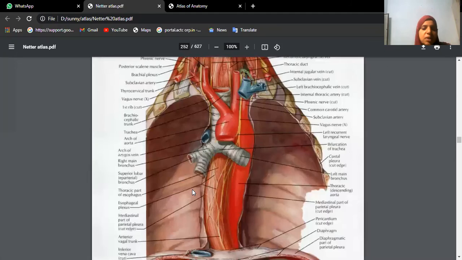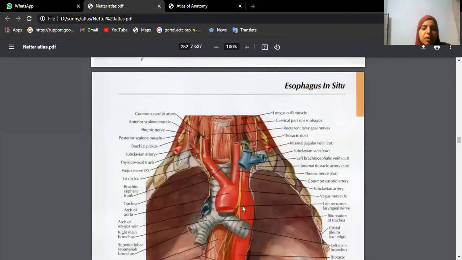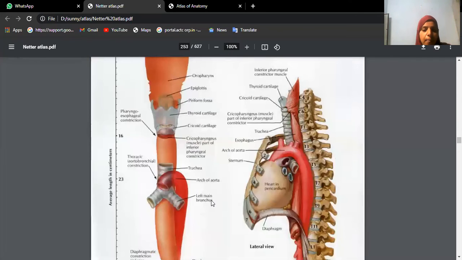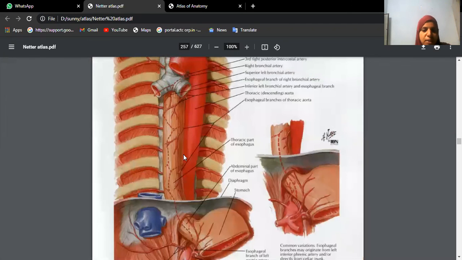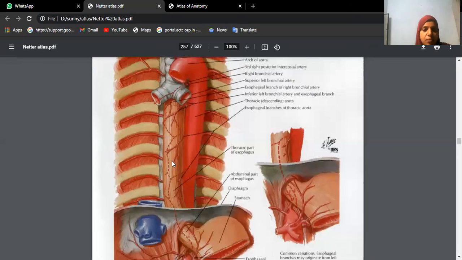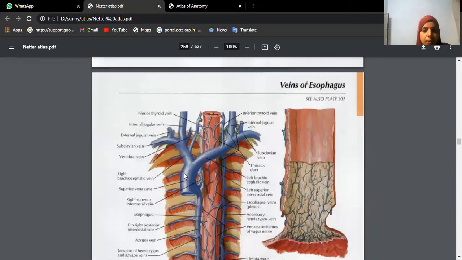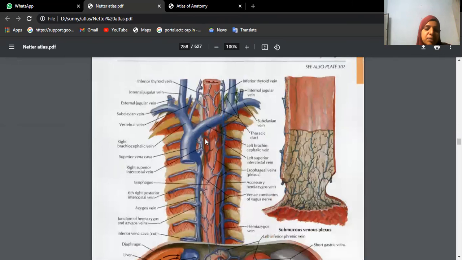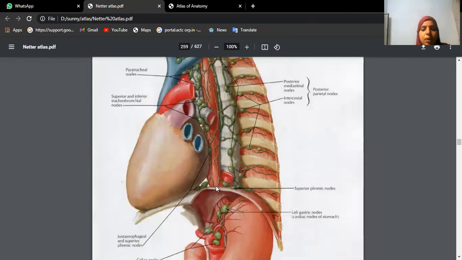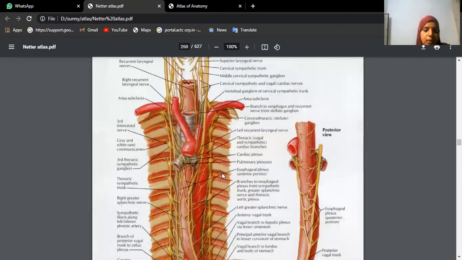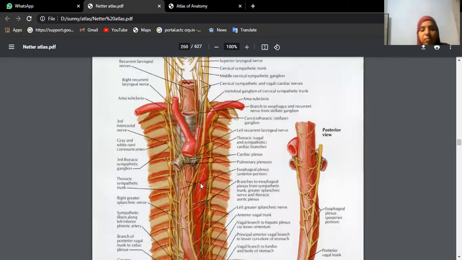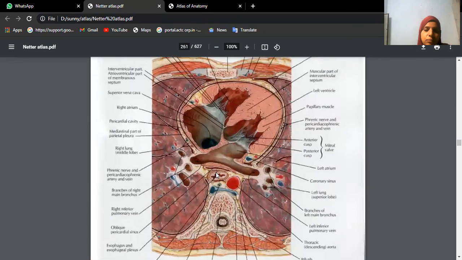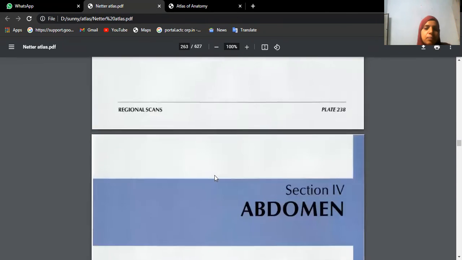So these are same pictures there and here. This is posterior mediastinum again. You have trachea, esophagus, descending thoracic aorta and posterior intercostal arteries, esophagus, trachea, and its bifurcation. Check for intercostal veins which form the azygous, hemiazygous, and accessory azygous system of veins. Thoracic duct also you need to observe. There is also the sympathetic chain on either side and branches of vagus and phrenic nerves. That's it.